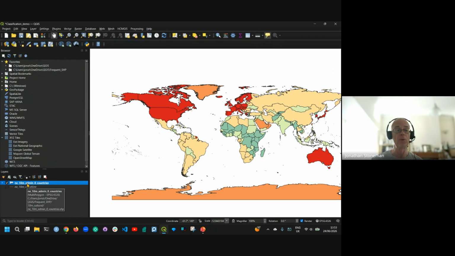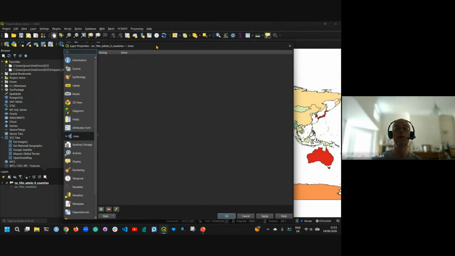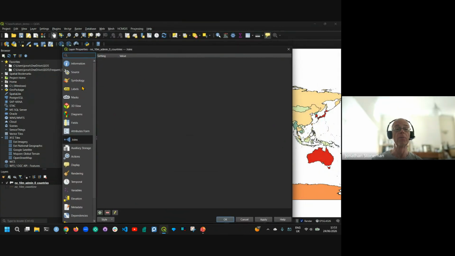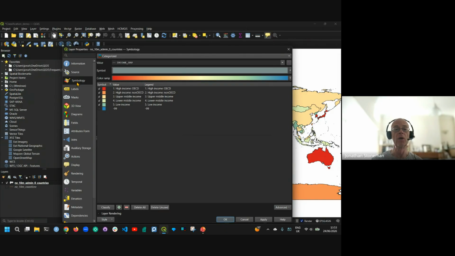But what's important is if I double click on that layer, it's taking a moment to open up, and here is what you get when you open it up. So you have all these things that you could do, and one of the most important is symbology, which is not really a word, but they use it here. So how do things look? So in this case,